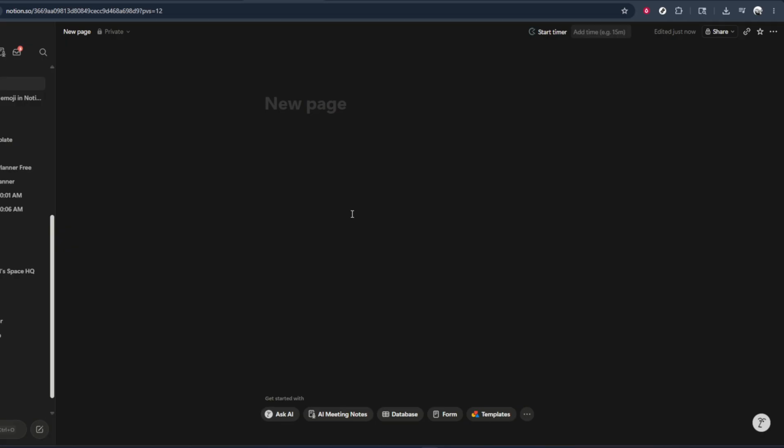To quickly recap, open the page with your database, click the 3-dot menu next to it, and choose Move to Trash. This method works for most types of databases in Notion and is the safest way to remove a database you